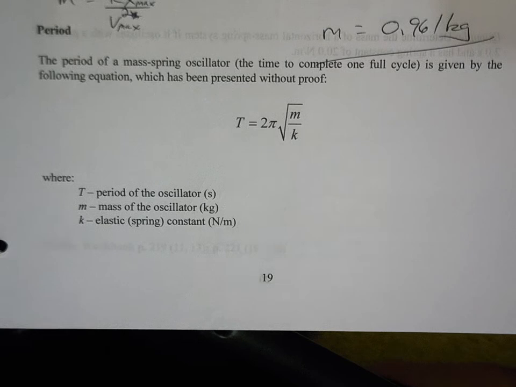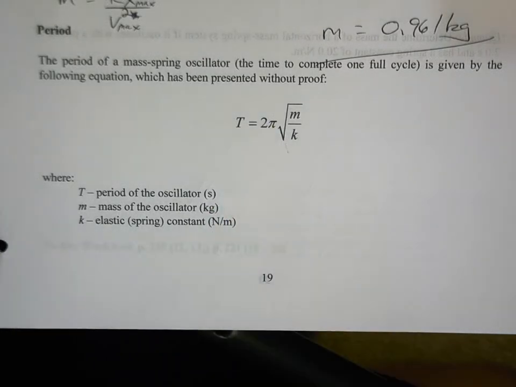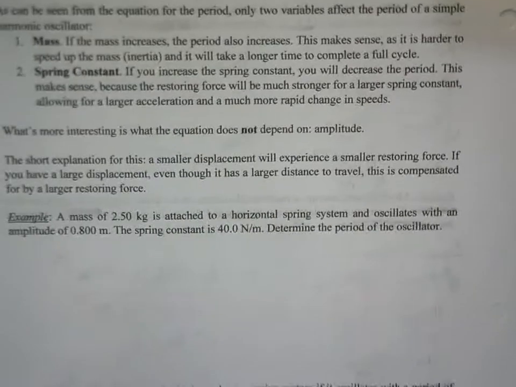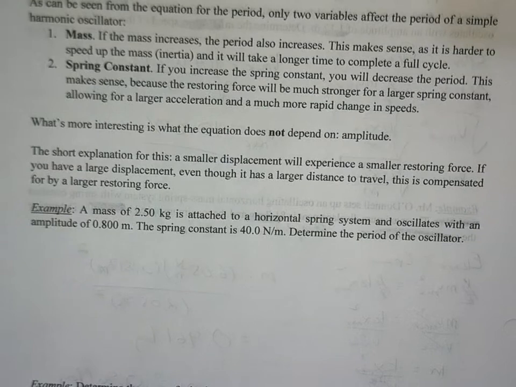So the equation for the period of an oscillator is going to be this: T equals 2 pi times the square root of m over k. So T is still the period of our oscillator, m is its mass in kilos, k is going to be that spring constant in newtons per meter. So with that, what we can see is that the period is dependent on two things, the mass and the